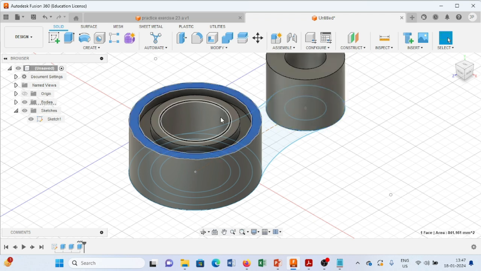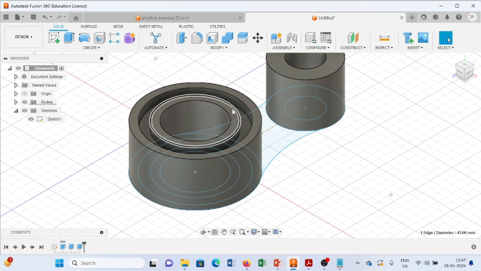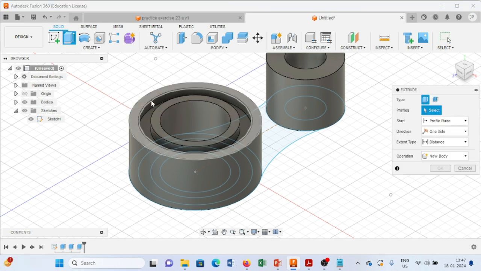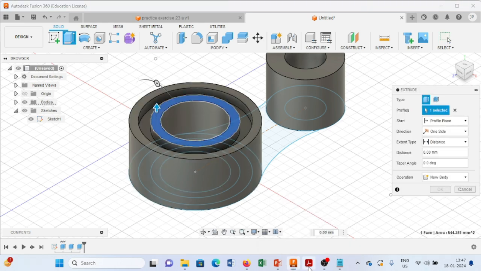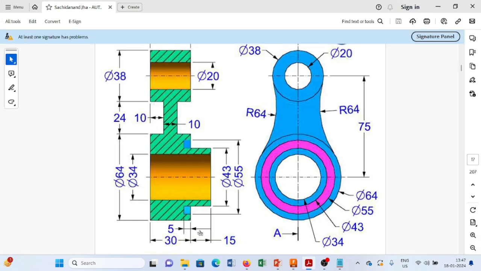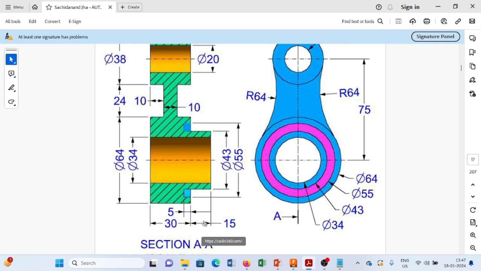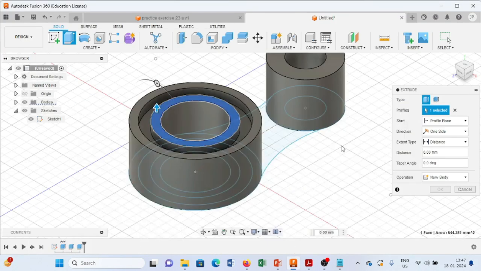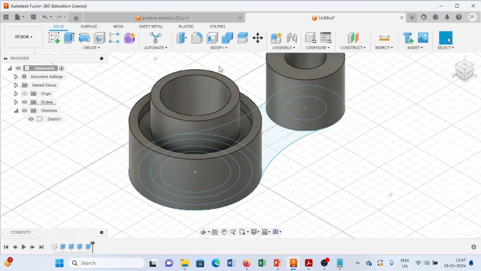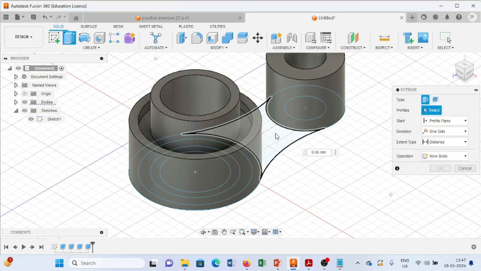And the next extrude this one up to, from here we can see it is 50. So it is up to 15 mm. Press OK. Now the last, we will extrude this profile